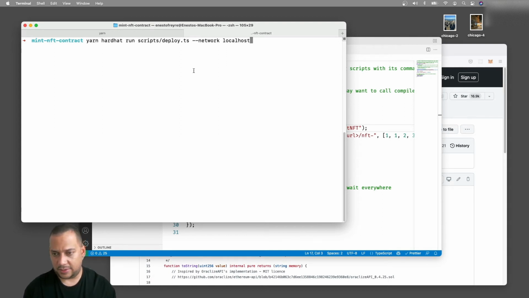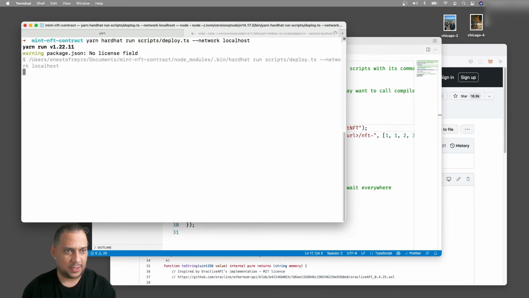When we are deploying to other networks, we can configure hardhat to deploy to the main Ethereum network or to any test networks. You can configure that there. In this case, we're going to deploy into the local network. So we can run this command, and it will deploy our NFT to that network.